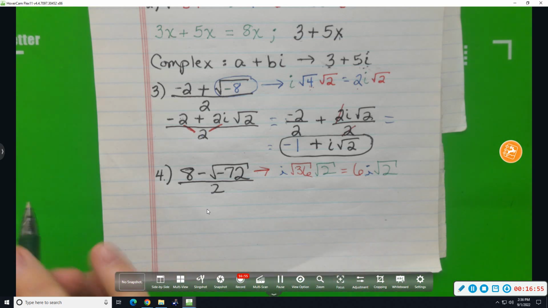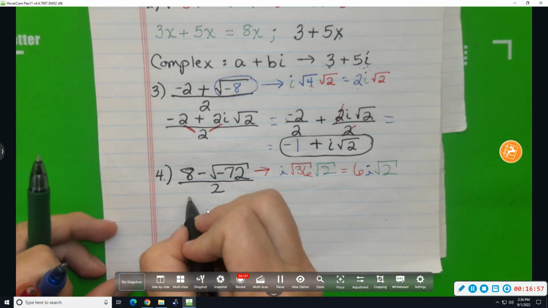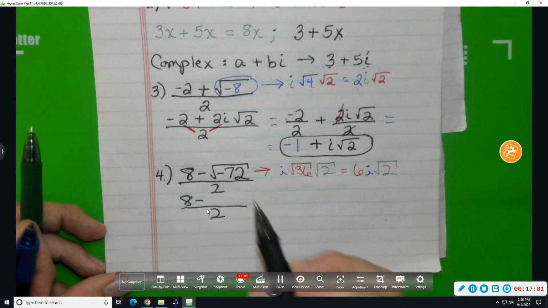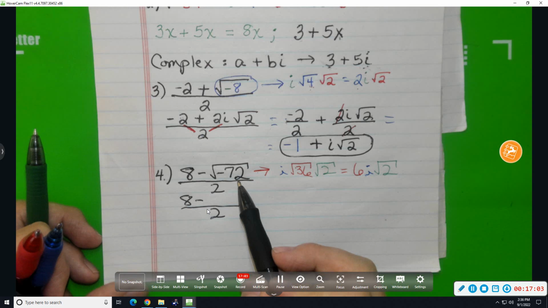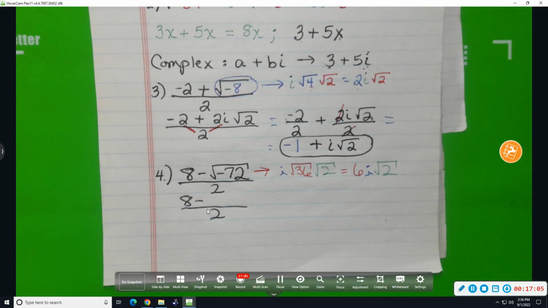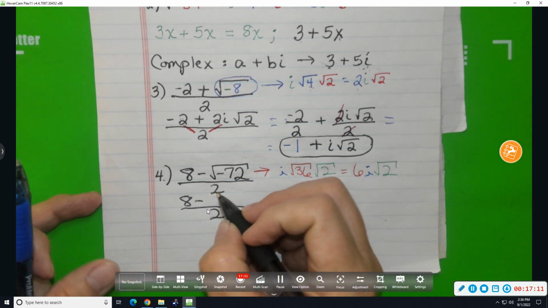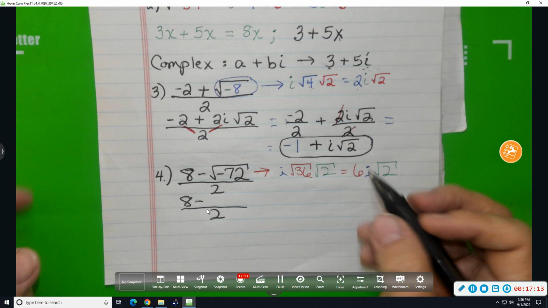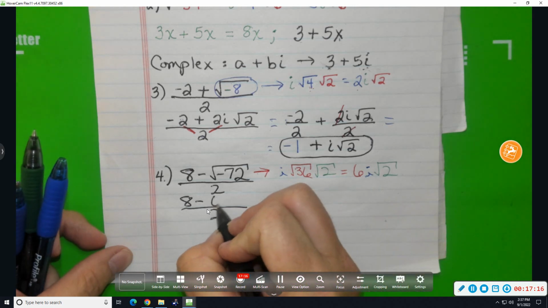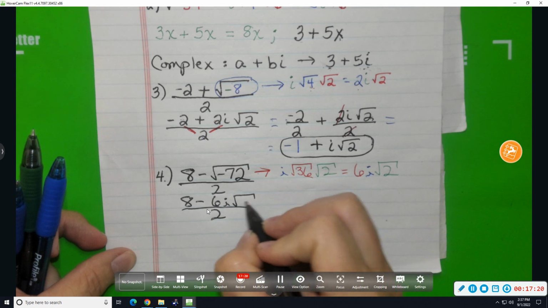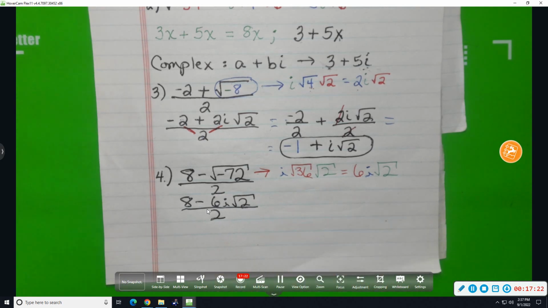So now we're rewriting. We have the 8 minus, we have that 2 there, that square root of negative 72. Don't make it too dark, it'll put everyone to sleep. No, you're doing a good job of that. Okay. I walked into that one, didn't I? It sounded like you were about to just start